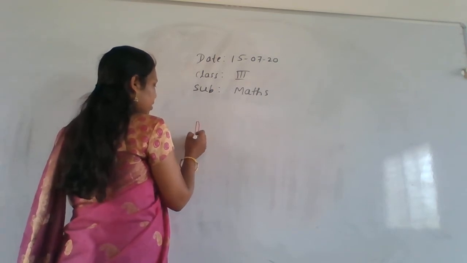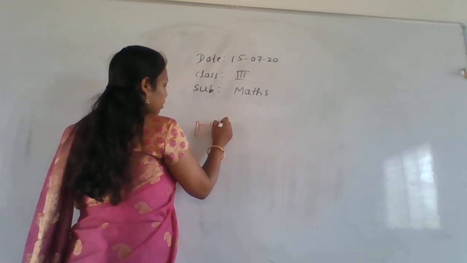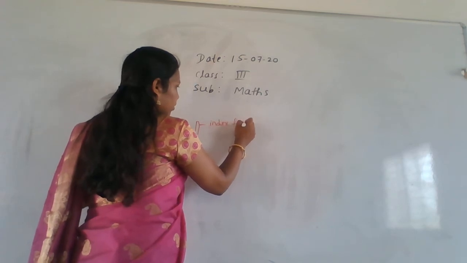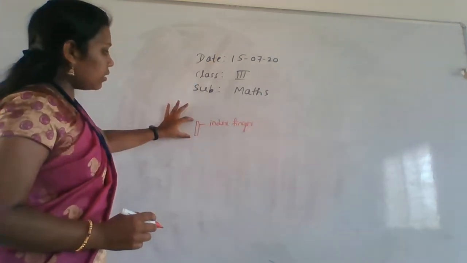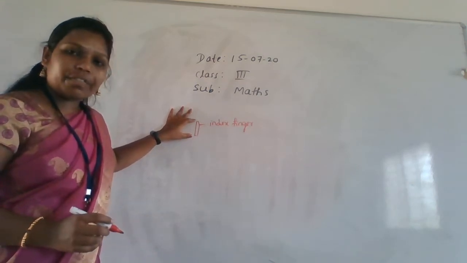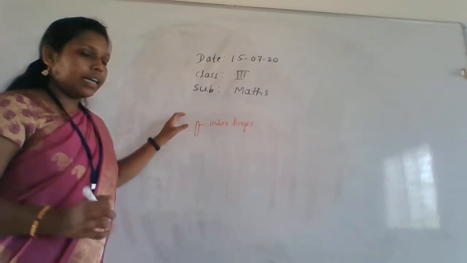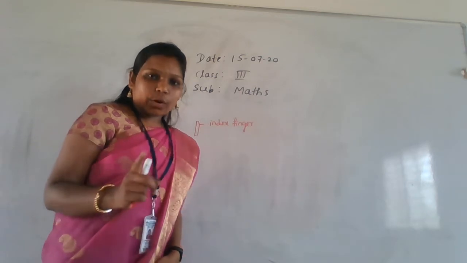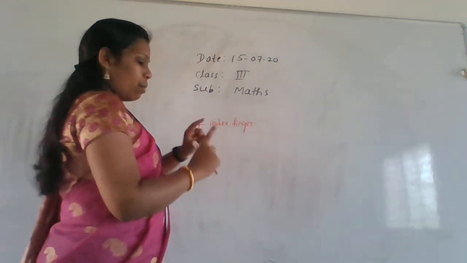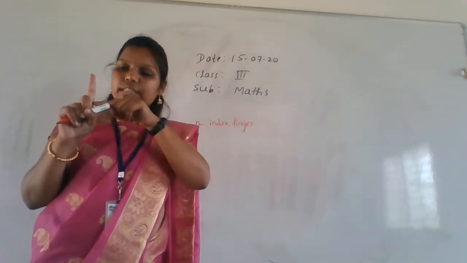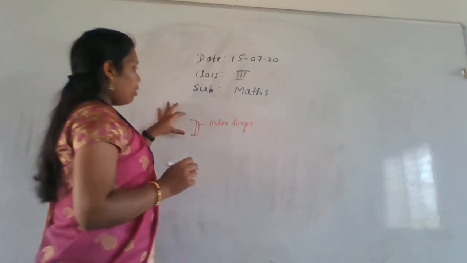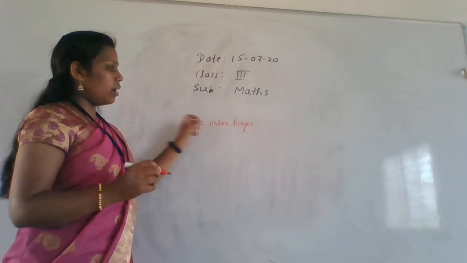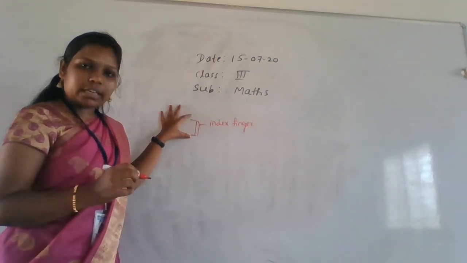Okay, this is the index finger. You have to find the length of this index finger. How will you find it? Take a scale. Everyone take a scale. What should you do? You have to measure, from this to this. You have to measure your index finger with the help of the scale.